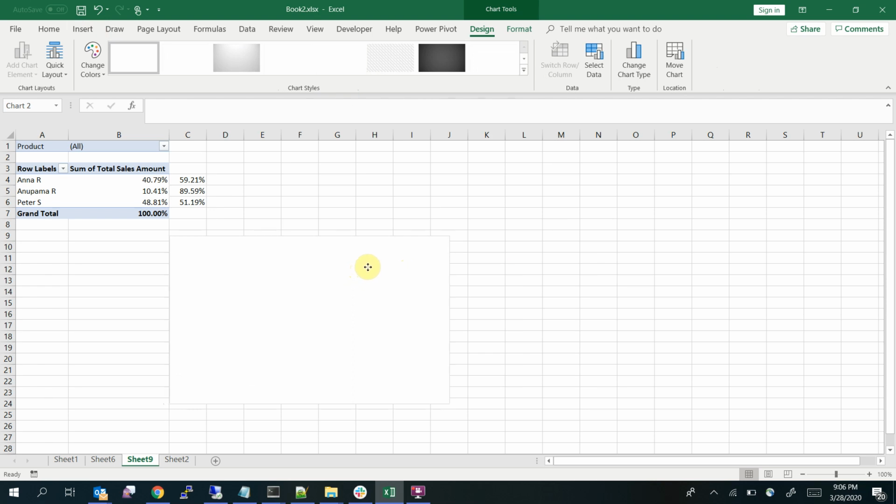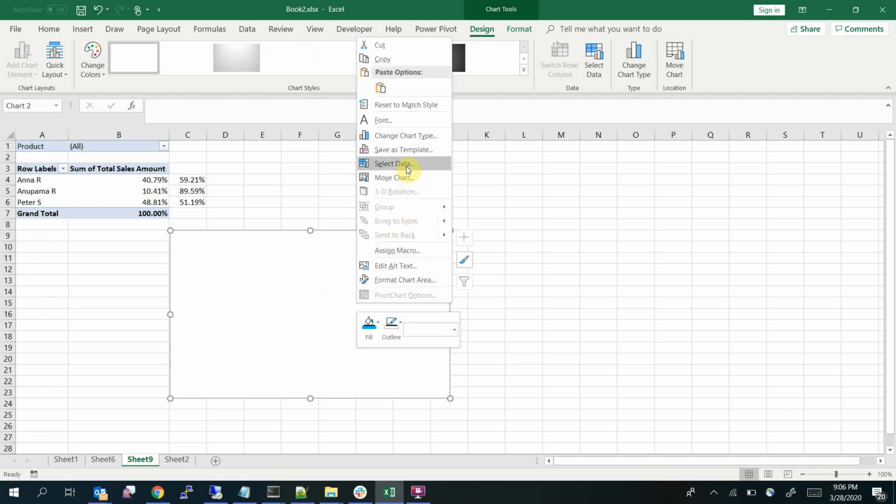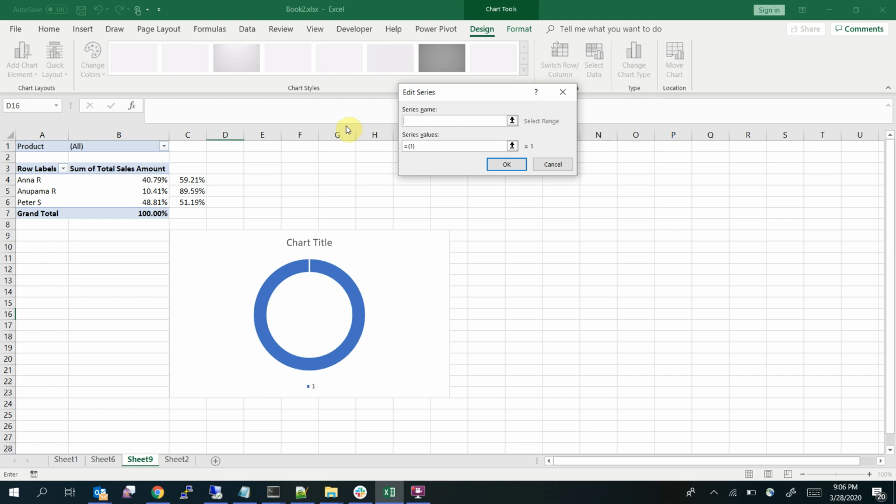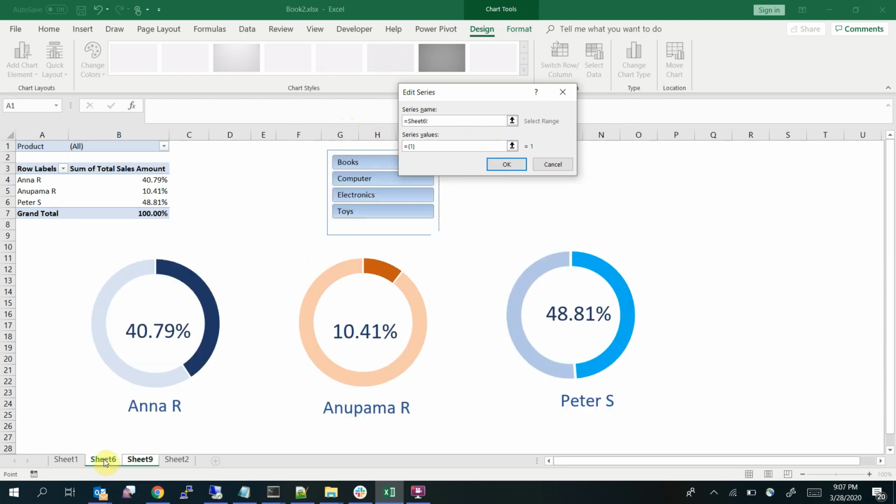Okay, and I'm going to create three like this, one for each salesperson. Okay, and then right click, select data. There's no data series, so you're going to add one now. There is a trick here. As you can see here,